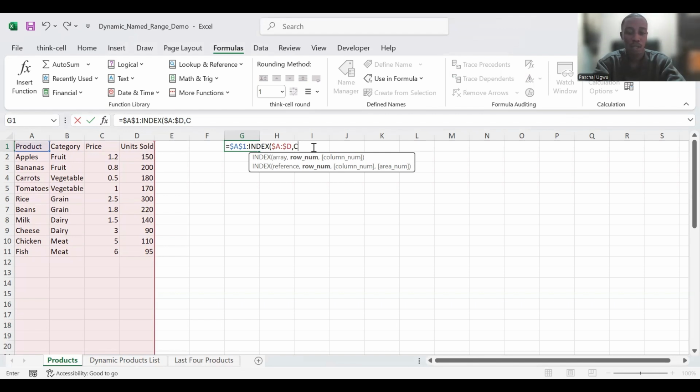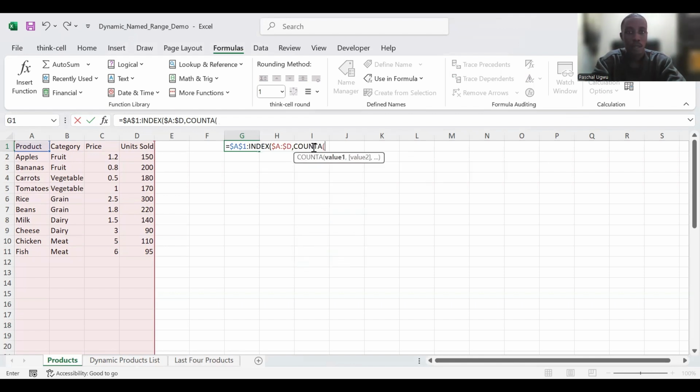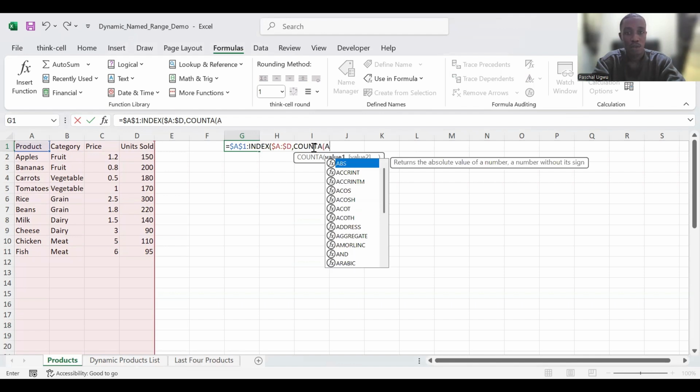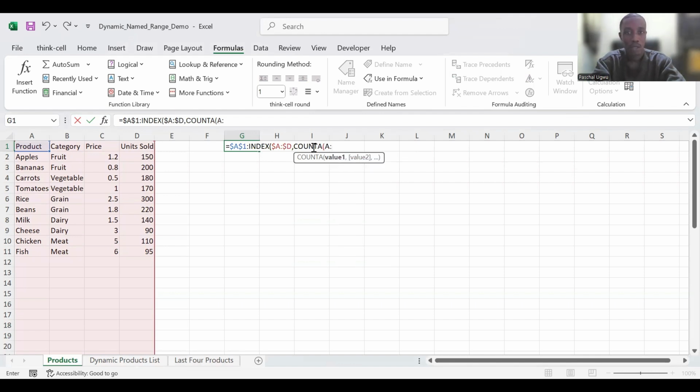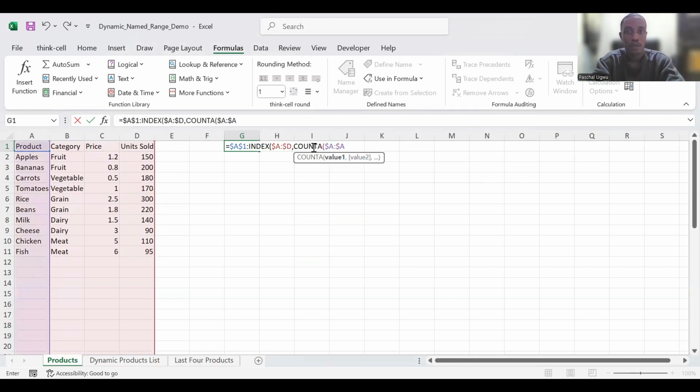So I will use count A, and I will select the first column, which is A, and use that and point it to A again, then use F4 to lock it. Okay, now I close this, and what I will now need will be my column number. So I need these 4 columns. So I just enter 4